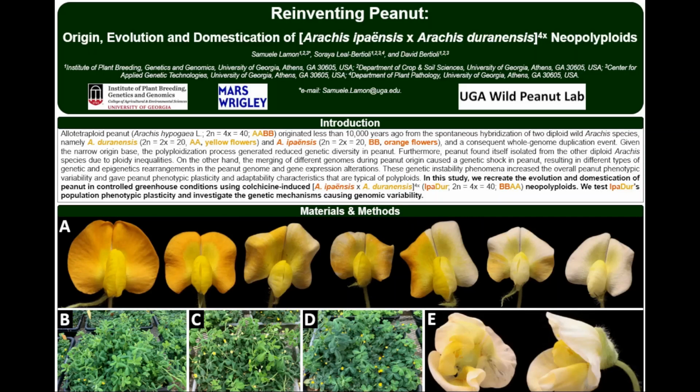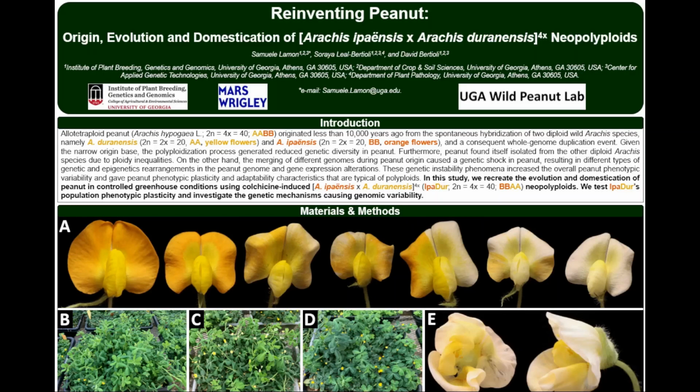Given the fact that peanut originated from only these two wild diploid Arachis species, and that it is an allopolyploid while the rest of the genus is diploid, peanut became genetically isolated, and for this reason it has a reduced genetic diversity. However, during the polyploidization event, there was a genetic shock due to the merging of